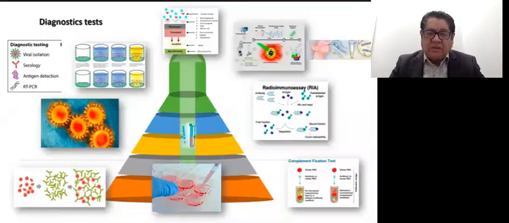Viral pathogens can be detected by cell culture, the hemagglutinin inhibition test, the complement fixation test, electron microscopy, and other immunological assays like radioimmunoassay and enzyme immunoassay. Others are based on the detection of DNA or RNA and the polymerase chain reaction technique. In viral diagnosis, virus isolation is considered the gold standard. However, it takes days to work.